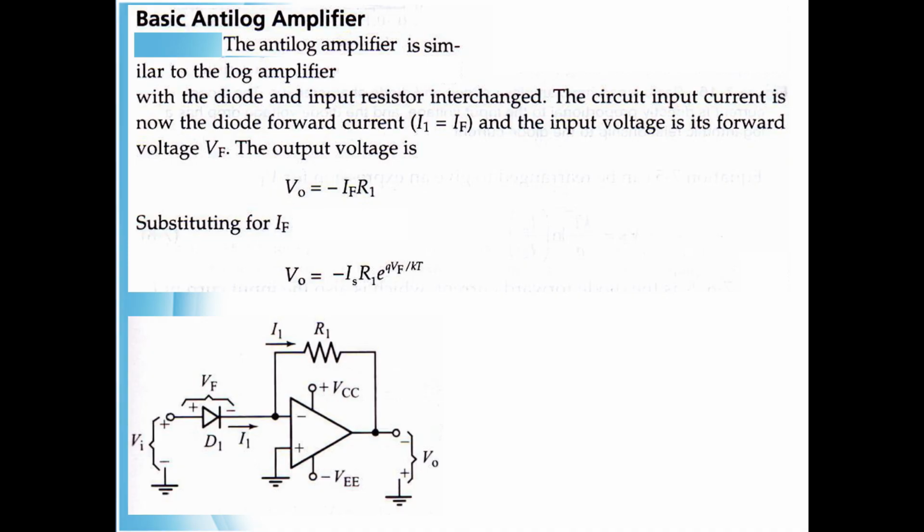Now substitute for IF, so V0 equal to minus IS R1 e power q Vf divided by KT, which reduces to V0 equal to minus IS R1 anti-log